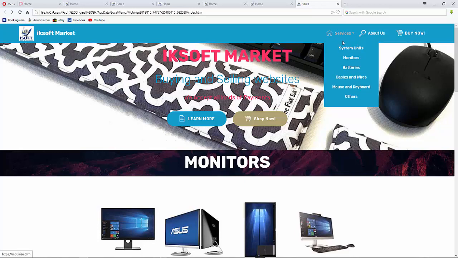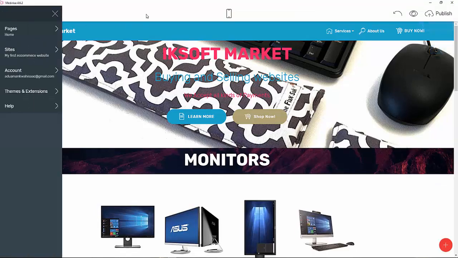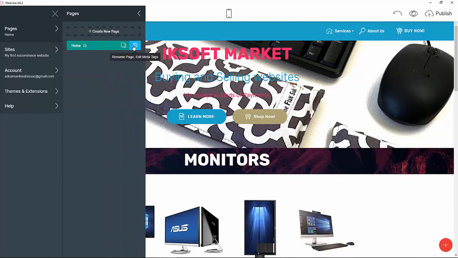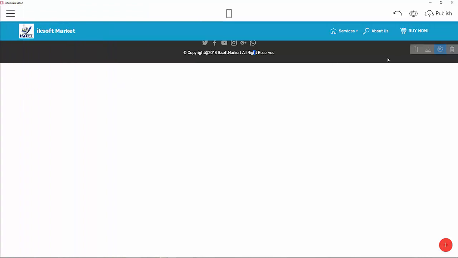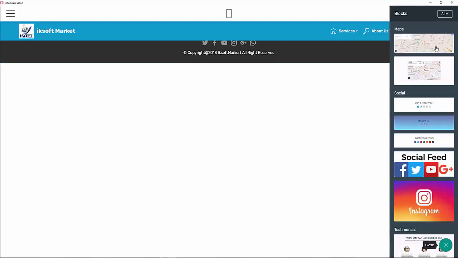Now let's see how best we can work along with the about page. So let's go ahead and then instead of pages, let's create an about page. So let's create a new page, then we will call this about page, right? On this about page, you can see that there is nothing here. It's only the footer, which is here. So we will just add